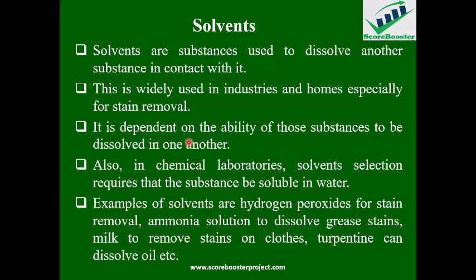An example of solvent in industries can be hydrogen peroxide, if I want to remove paint or remove stains. Sometimes in industry they use methanol, they use acetone, they use ethanol. There are many solvents to use, but the principle is that